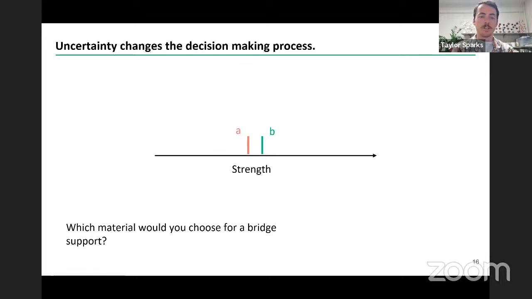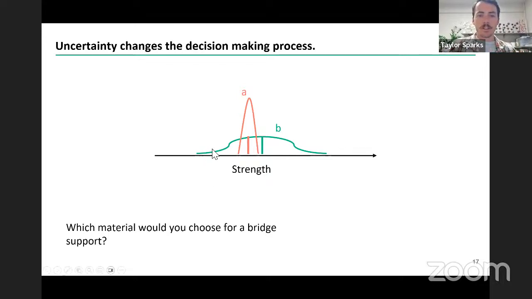Imagine that you're trying to build a bridge. If you have 2 options to choose from, material A and material B, you might assume, which is better? Probably B. B has a higher average strength than A. But what if it's not just the average or the mean strength, but rather the distribution of strength for that material? What if A, even though it's slightly lower, has a tighter distribution, whereas B, while on average it is higher, has a broader distribution?